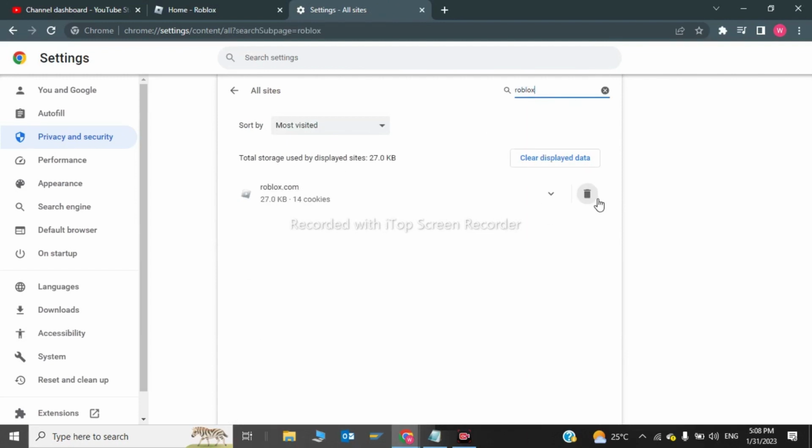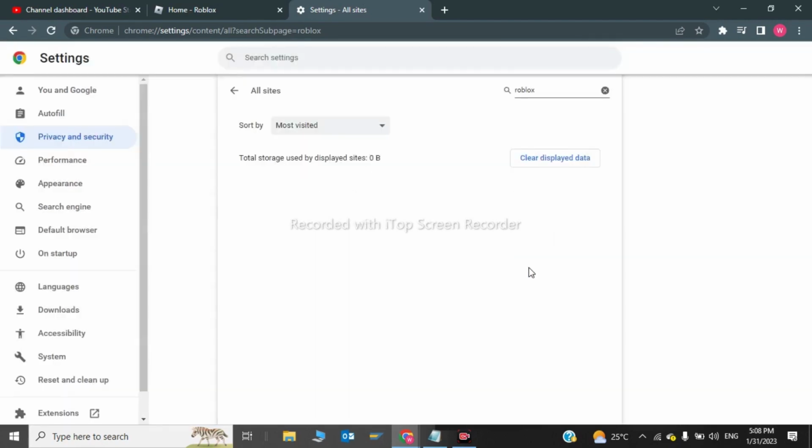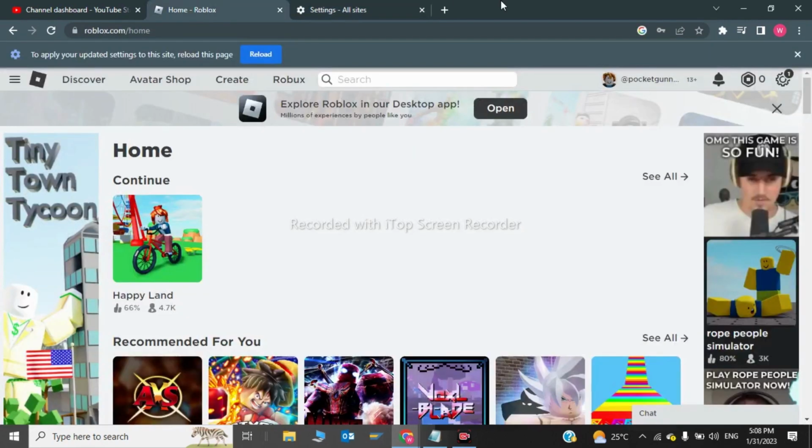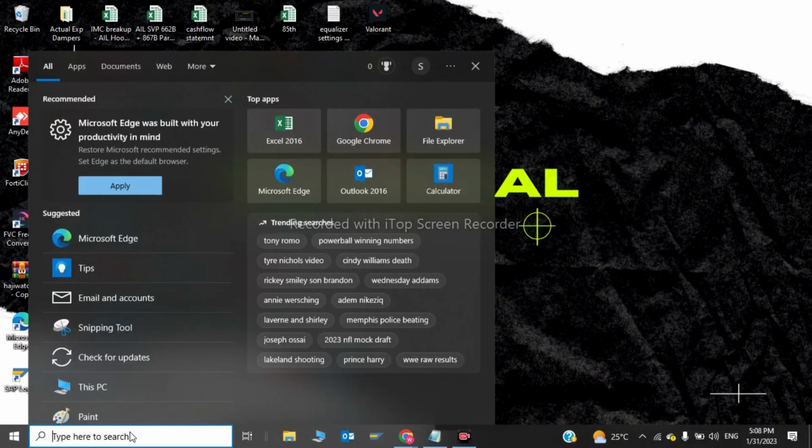So we have to clear this site data. We have to clear site data and permissions for Roblox. So if we click clear. So after this we will go to our third step, which is we have to click on apps,